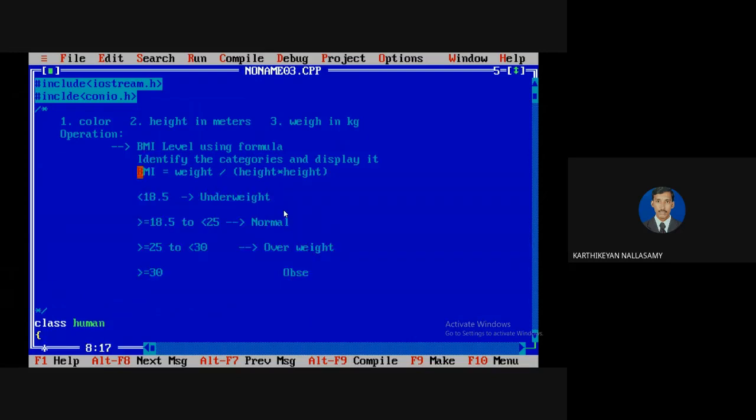First, we need to do a calculation and store the result in one variable. By the value of that calculation, we are going to test the category. There are 4 possible categories, and it will be tested and printed only one time, so the sequence structure will not work, because it will print any one of the categories: either underweight, normal, overweight, or obese. So the sequence structure is not suitable.